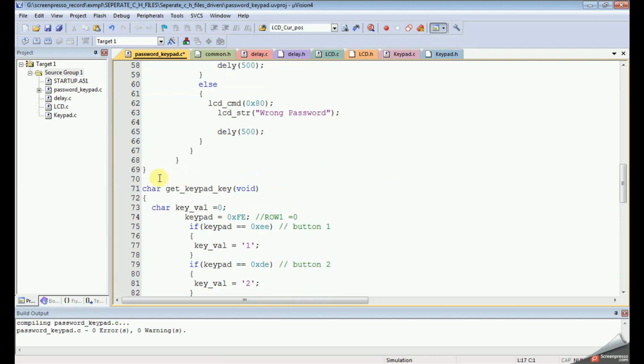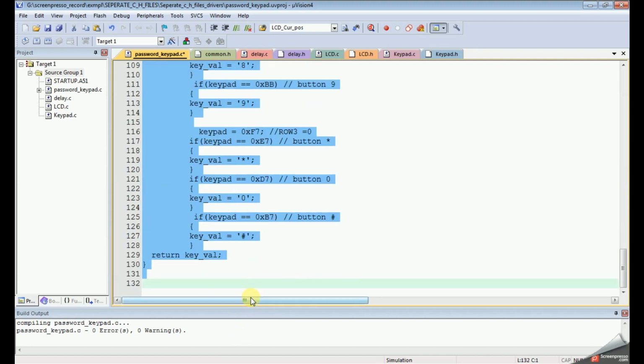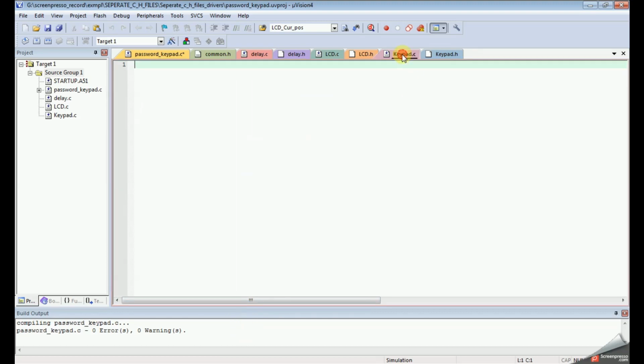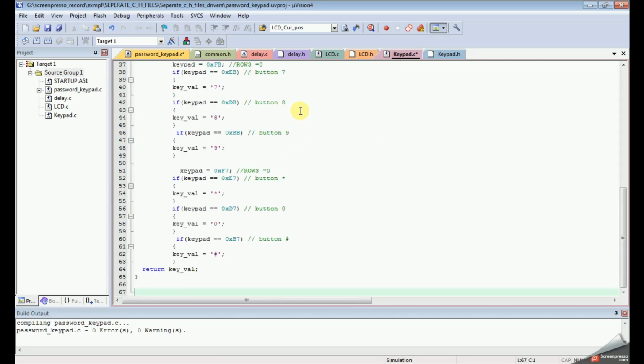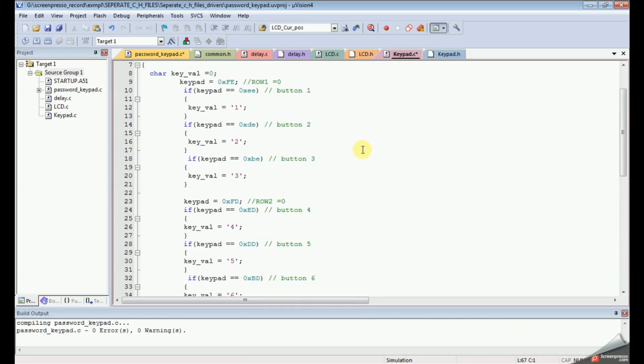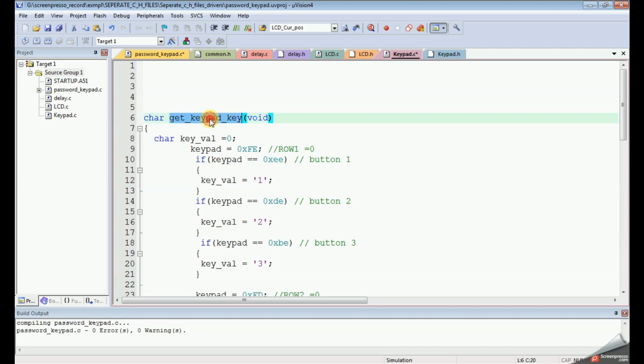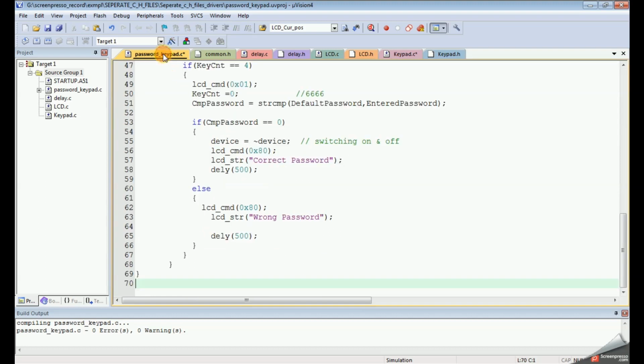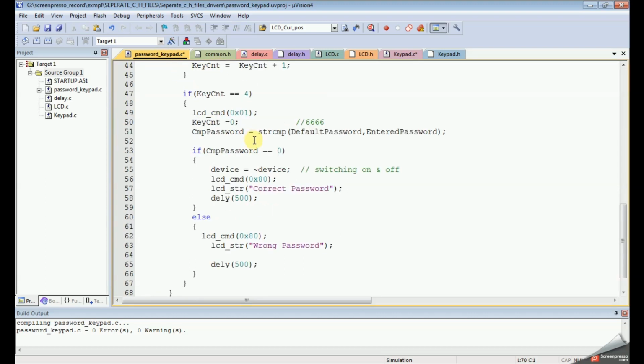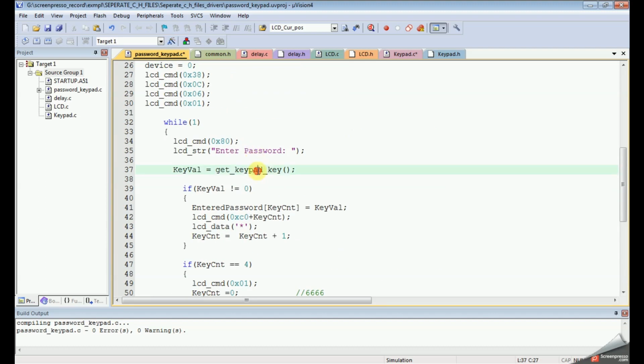And the function definition should be moved to keypad.c. So this is the get keypad key function we are using in the main C file to get the key.